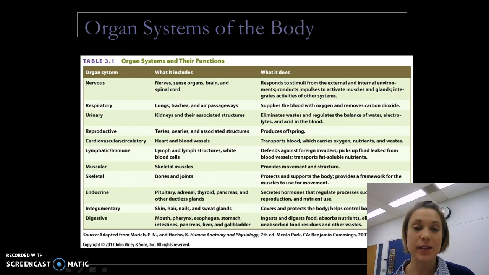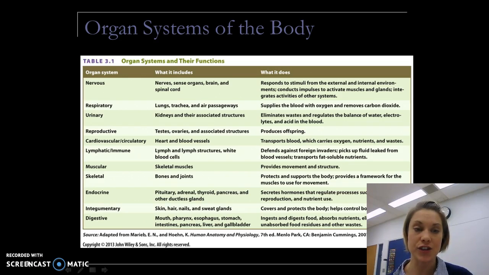The lymph is going to help us defend against foreign invaders. Over half of our lymphatic system is in our digestive system. So we have a lot of immune proteins in our digestive system that are our first line of defense. So those interact with each other. And then also all fat type molecules are going to transport throughout the lymph as well. Our muscles are made of proteins.